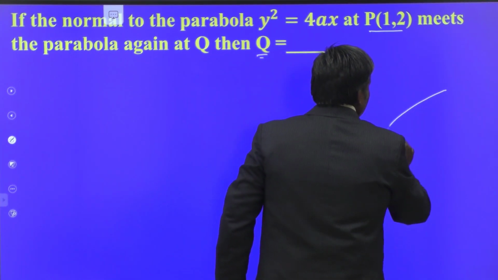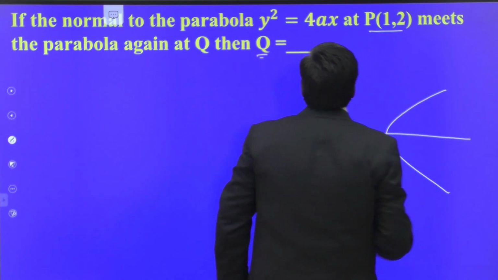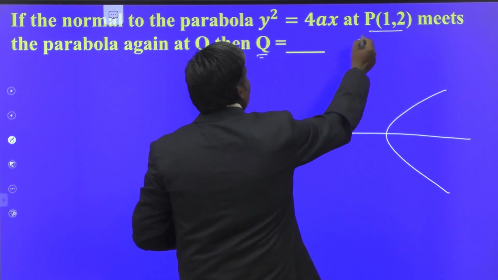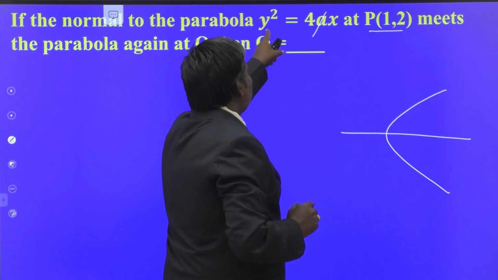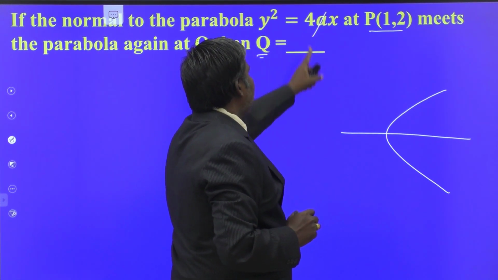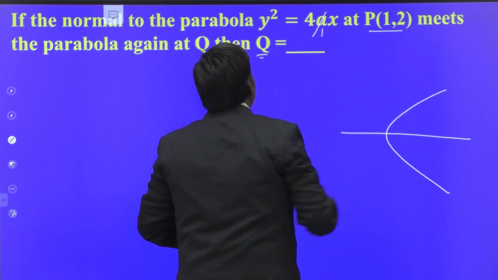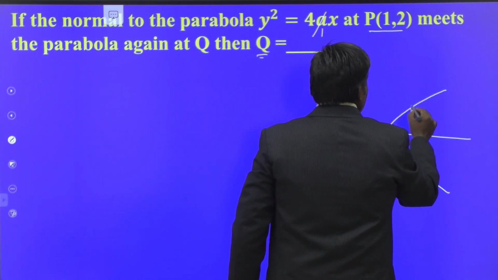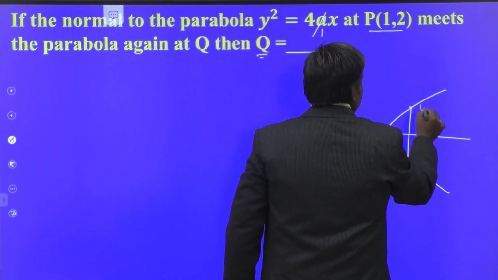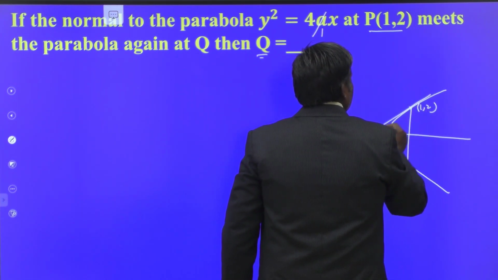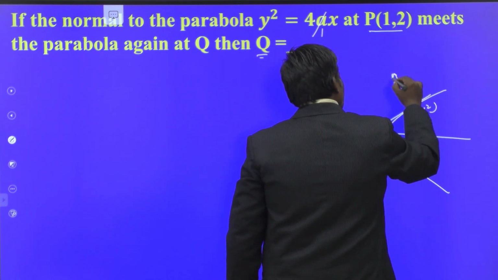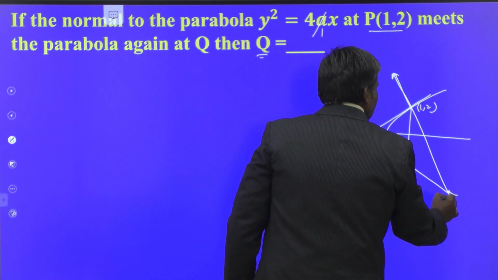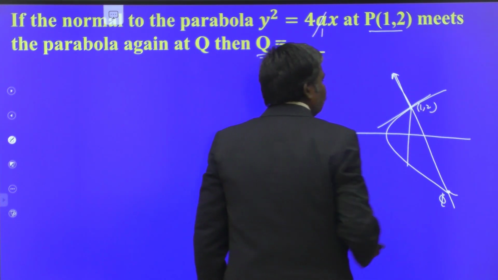This is the parabola. This is the axis of the parabola, for y² = 4x. This is (1, 2). 2² is 4, 4 equal to 4. a is 1. y² = 4x. The point is (1, 2). That is clearly one end of the latus rectum. Draw the normal at that point (1, 2) to the parabola. This is my normal. It intersects the parabola at this point. You have to find out the coordinates of this Q.